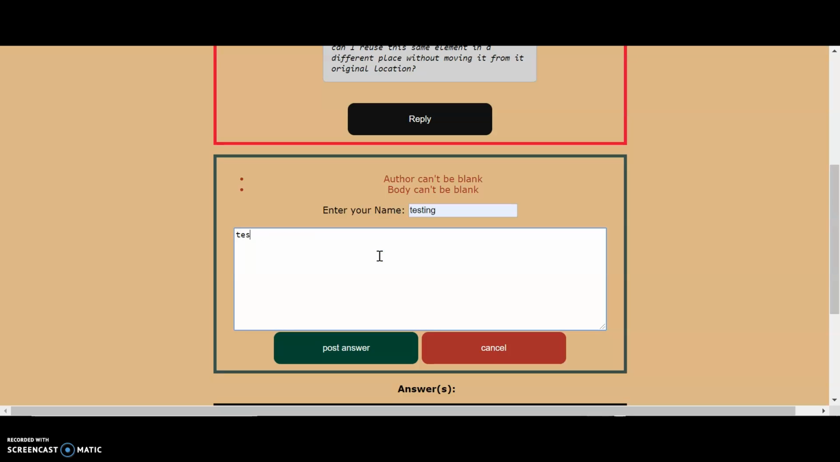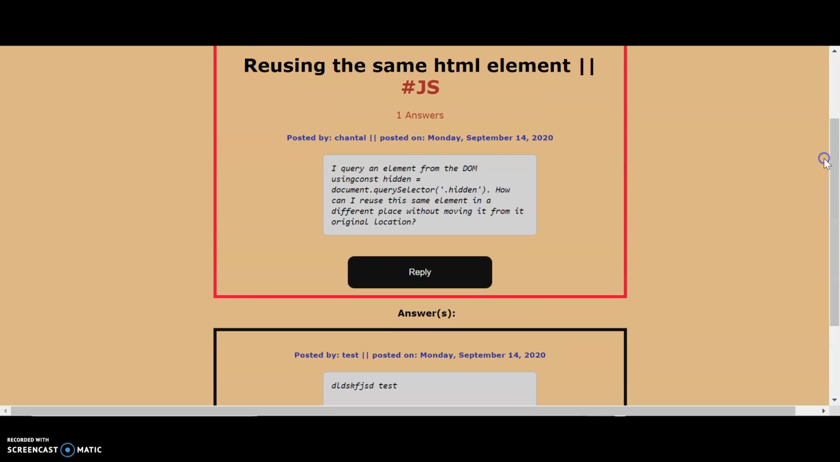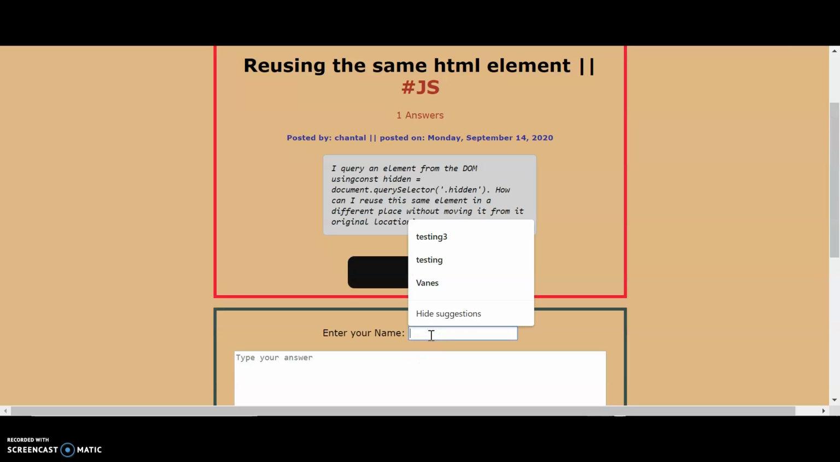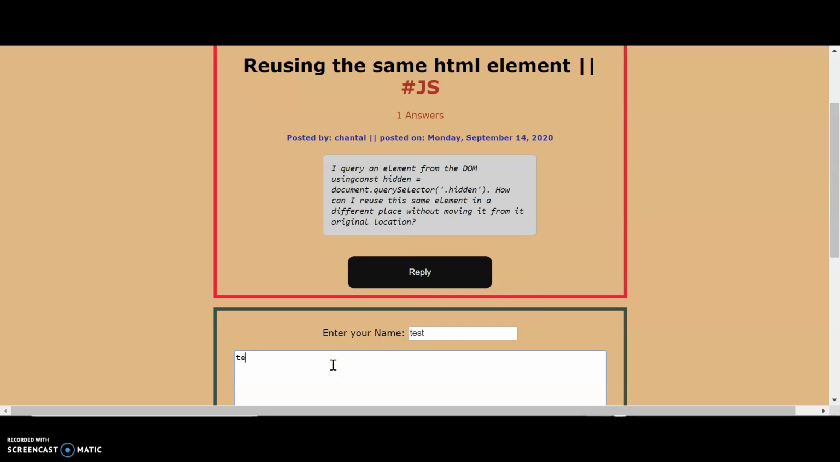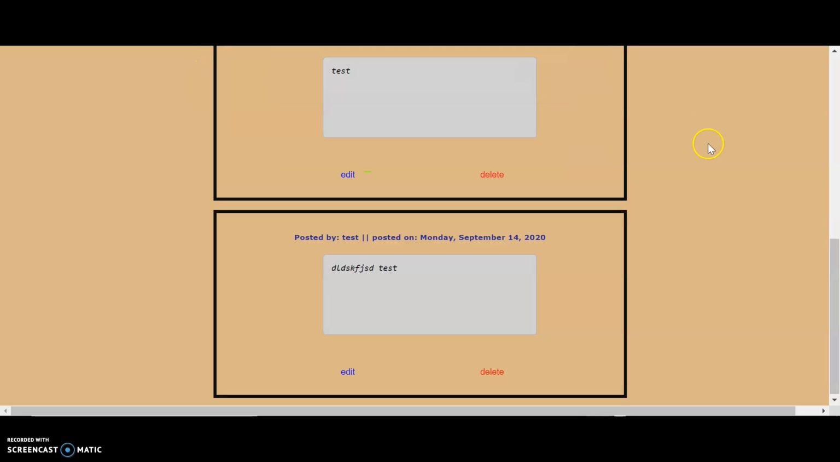Testing, test. If we change our mind, we can also cancel it and nothing will happen. Or we can actually post our answer here, and then post answer. Our answer has been successfully posted, and we can see our answer appear here